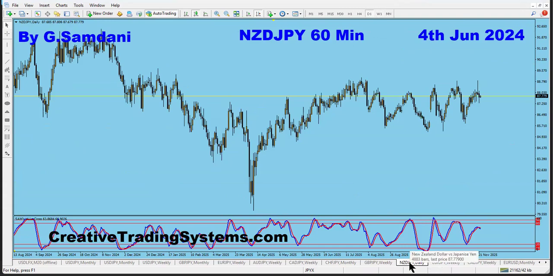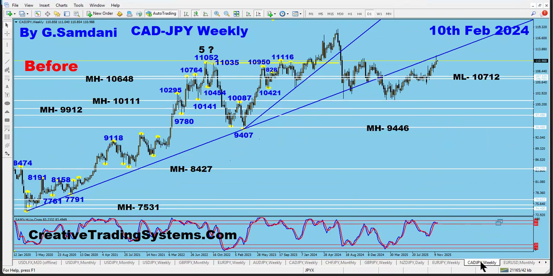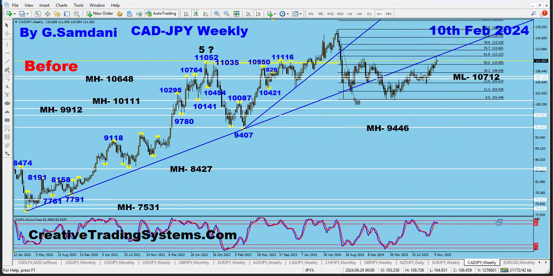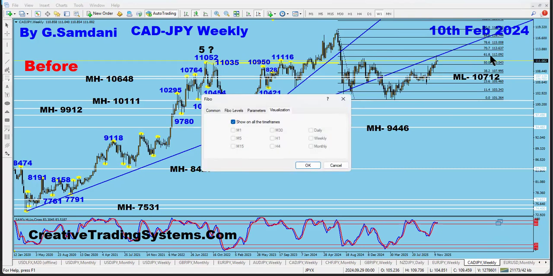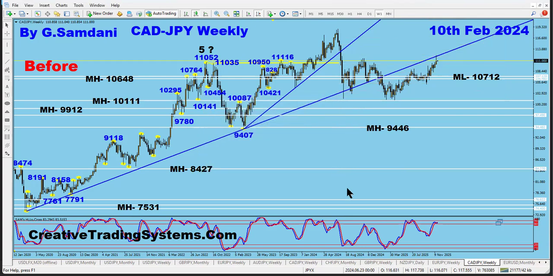Similarly, Lucy yen is pretty messed up here, so forget about that. CAD yen, you can see the CAD yen, this rising trend line. We broke below, then we went back up and are testing the backside of the trend line. Right, so that is also a nice short setup. If yen starts to get strong, this has a very good chance of dropping as well. And not only the backside of the trend line, it is also at 61% of this drop. So yeah, more and more I see the yen pairs.